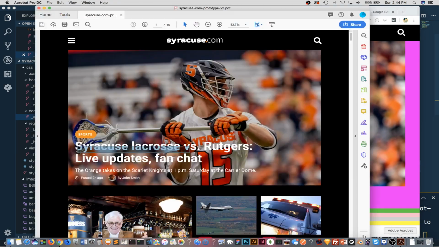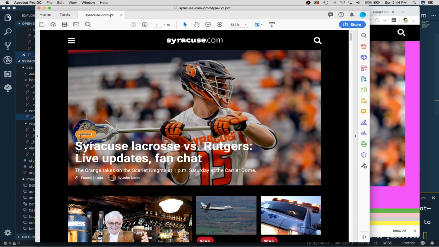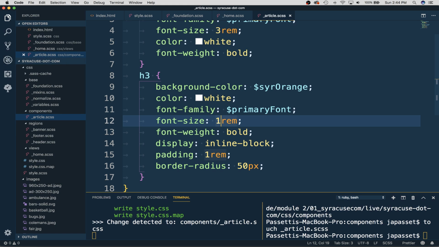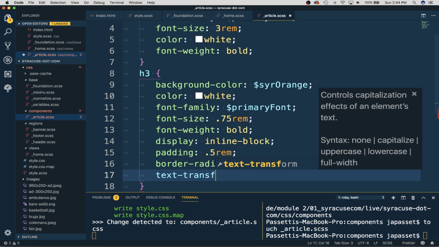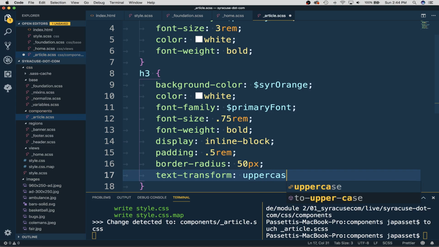Looking at my PDF though, I can make it caps. I can make it smaller. So font size 1 rem, kind of big. I'm gonna make it 0.75. Padding can take a little step down, maybe 0.5 padding. And how do I make it caps? Well, the magical property called text-transform: uppercase. That will make things